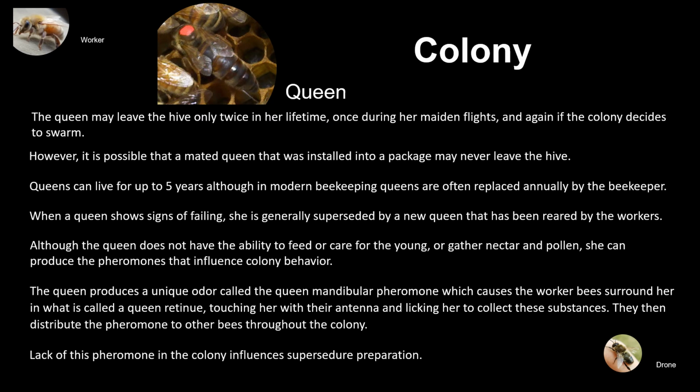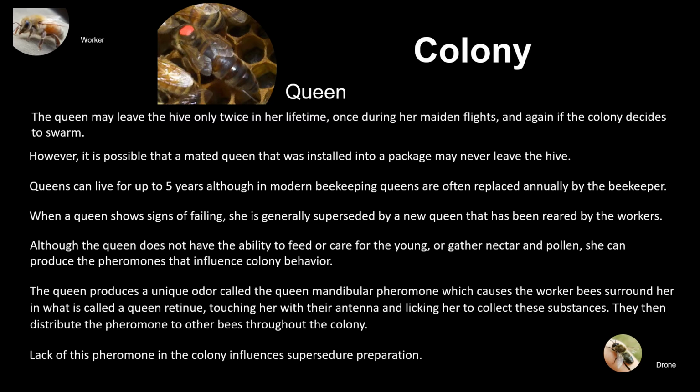The queen may leave the hive only twice in her lifetime, once during her maiden flight and again if the colony decides to swarm. However, it is possible for a mated queen that was installed into a packet to never leave the hive. Queens can live up to 5 years, although in modern beekeeping, queens are often replaced annually by beekeepers. When a queen shows signs of failing, she is generally superseded by a new queen that has been reared